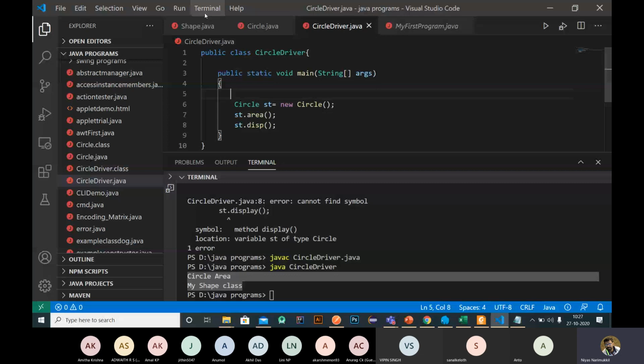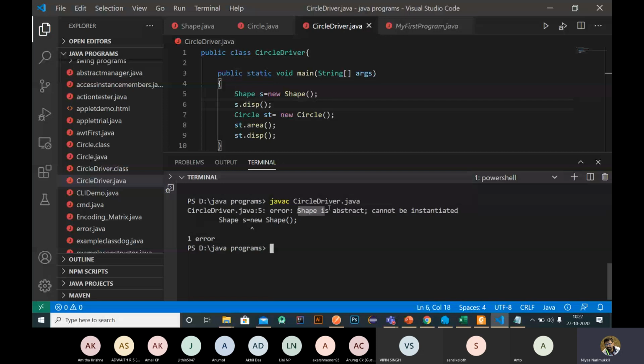Okay, then we can't call like this. No, it is not possible, and you will get an error if you are doing like this. I will show you. Right, you will get an error because Shape is an abstract class, cannot be instantiated. That is, we are not able to create the object of an abstract class. Okay,